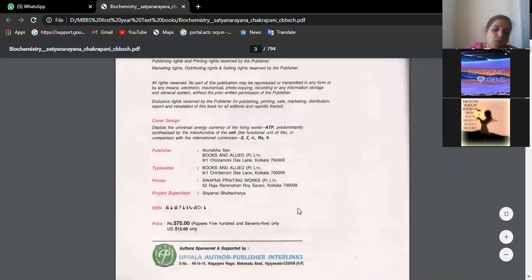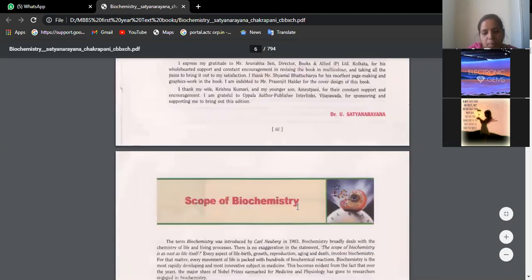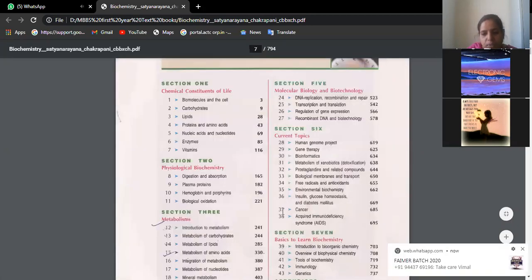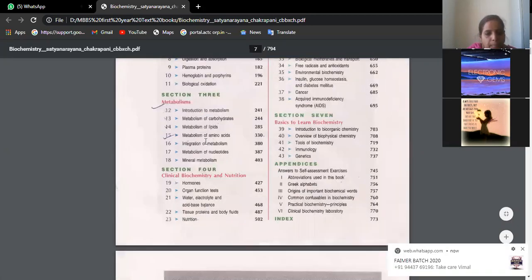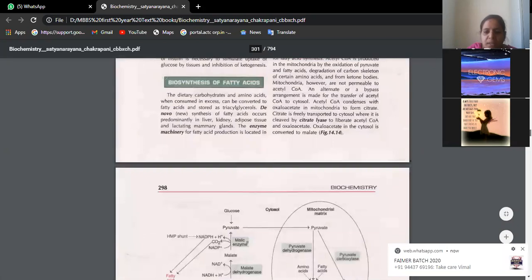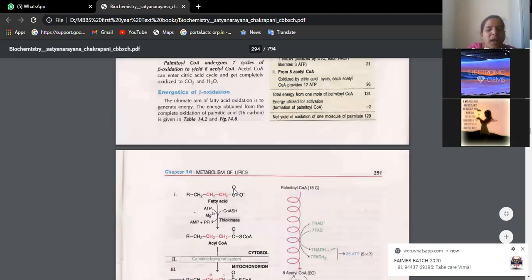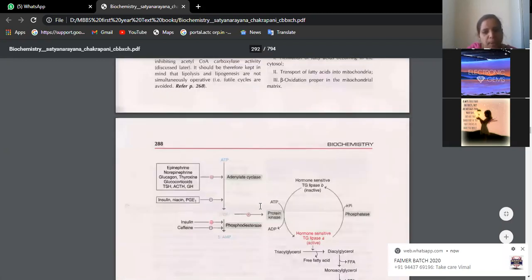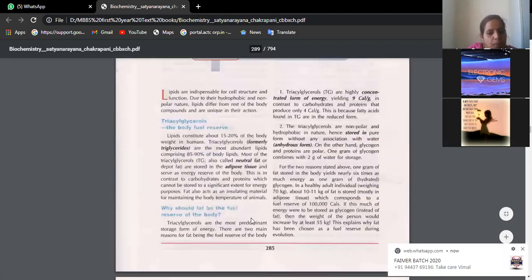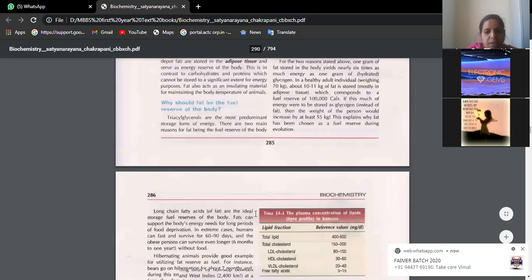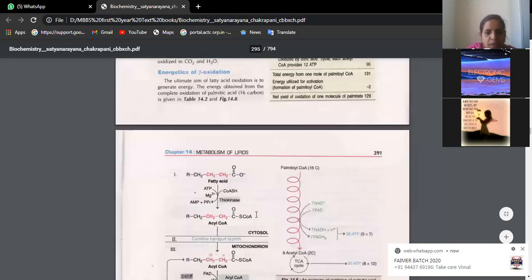Fatty acid synthase complex, I gave you one code. Do you remember? Fatty acid synthase complex. It is a very lengthy cycle. This is the only cycle which is too complicated, I said. Not so much if you practice, but it is a little lengthy, cumbersome cycle. Fatty acid synthesis.